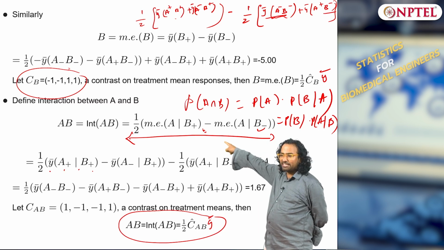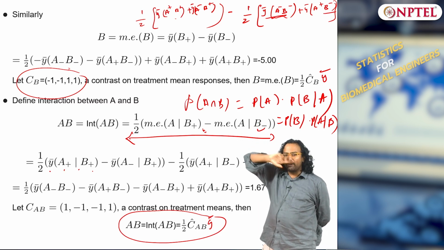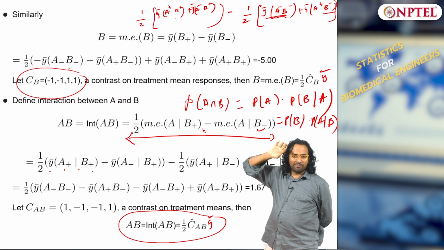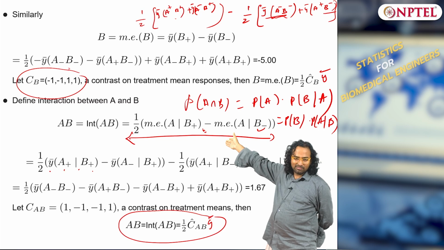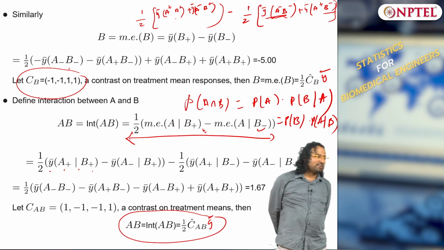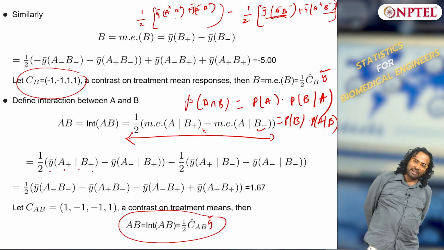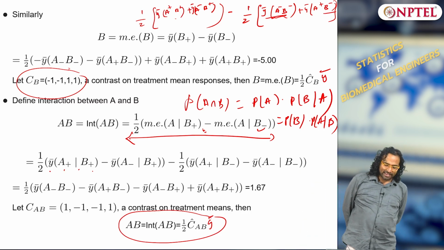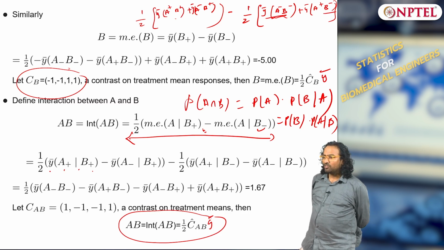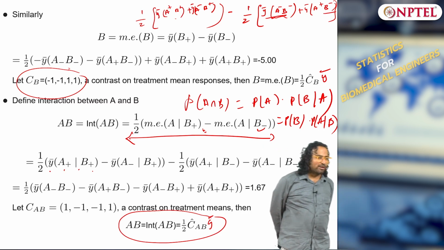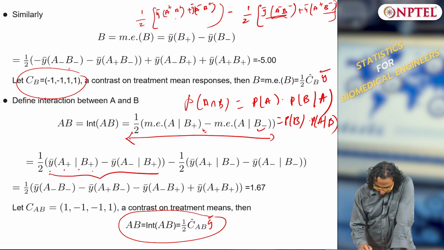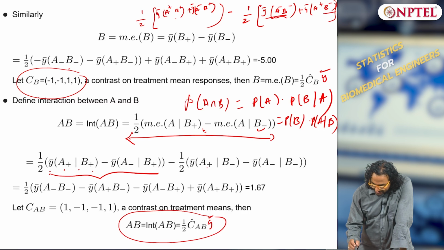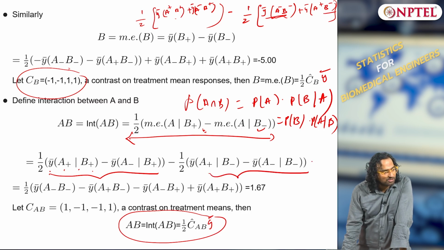You all able to follow this interaction AB? How did I write it? The last time I wrote it very simply, A plus B plus minus A minus B, that is to show you how things are. The way to do it is using your Bayesian approach, conditional probabilities. So what do we have? A given B plus minus A given B minus. Now A given B plus itself is what? 2 more terms, because A could be positive and A could be negative. So this is what I have. Okay, and similarly the second term also has 2 terms.